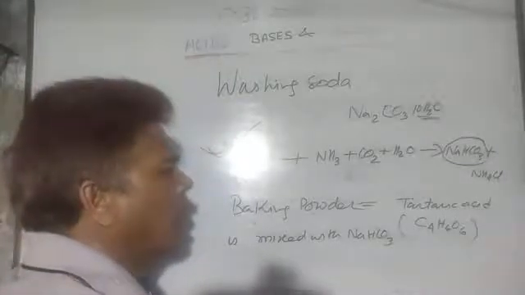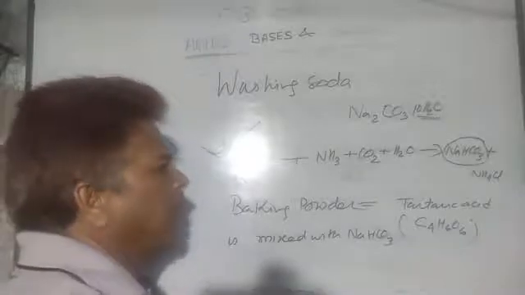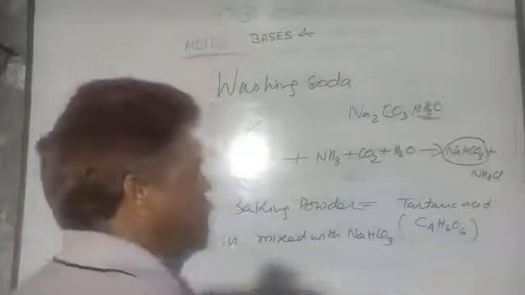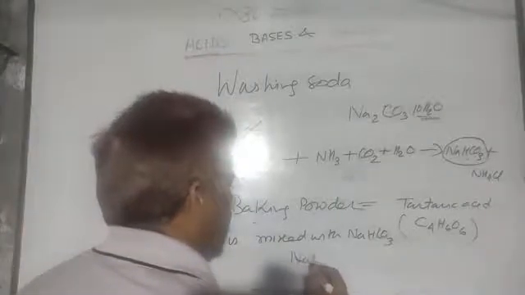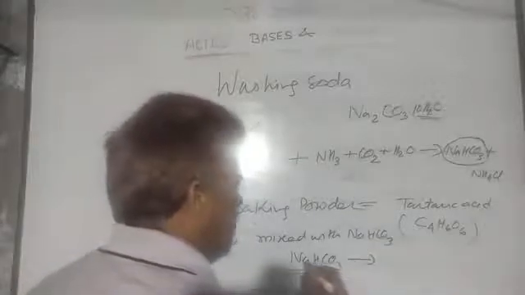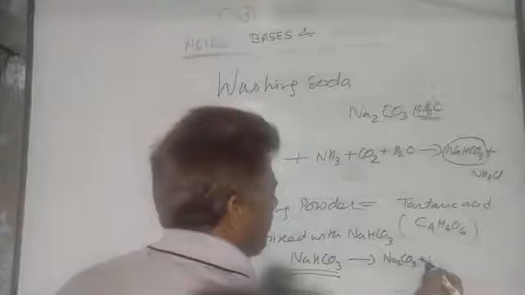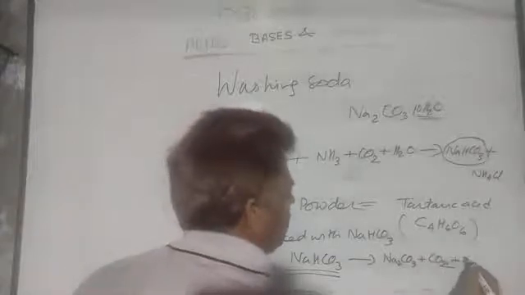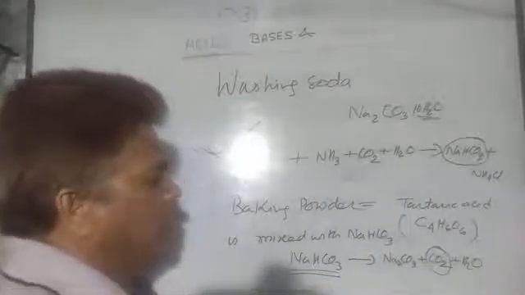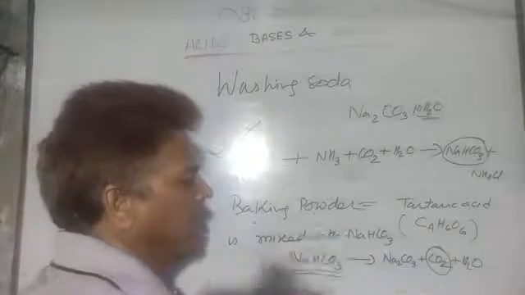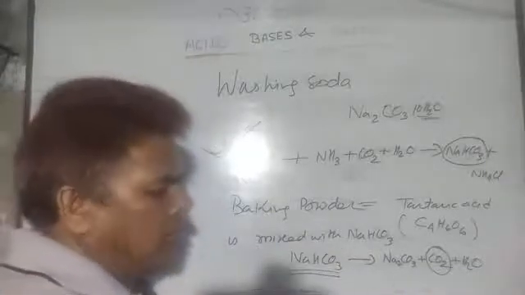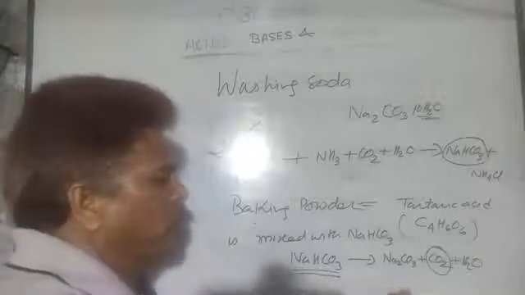Why? How does this happen? So, just try to understand chemically. When sodium bicarbonate is heated, it is mixed in dough. So, when it is heated, what happens? The sodium bicarbonate decomposes into sodium carbonate, carbon dioxide gas and water. So, the carbon dioxide gas escaping from that dough leaves behind the pores, and hence the bread or cake becomes spongy.